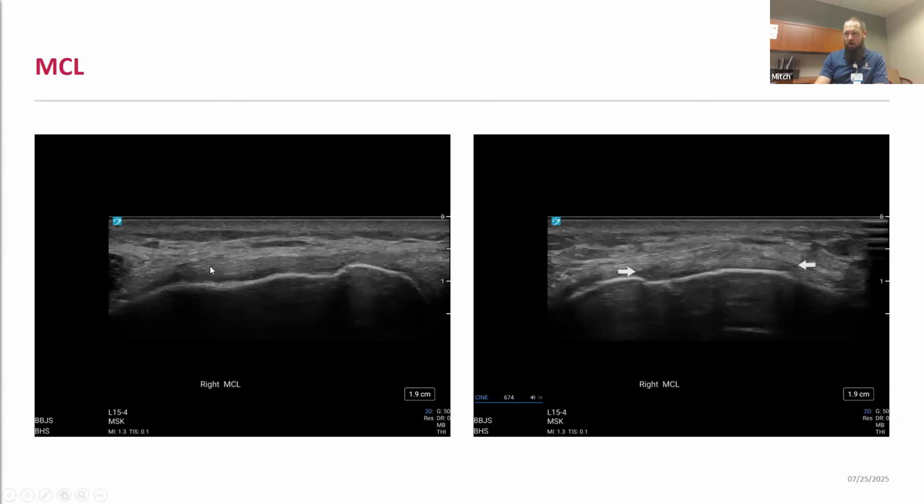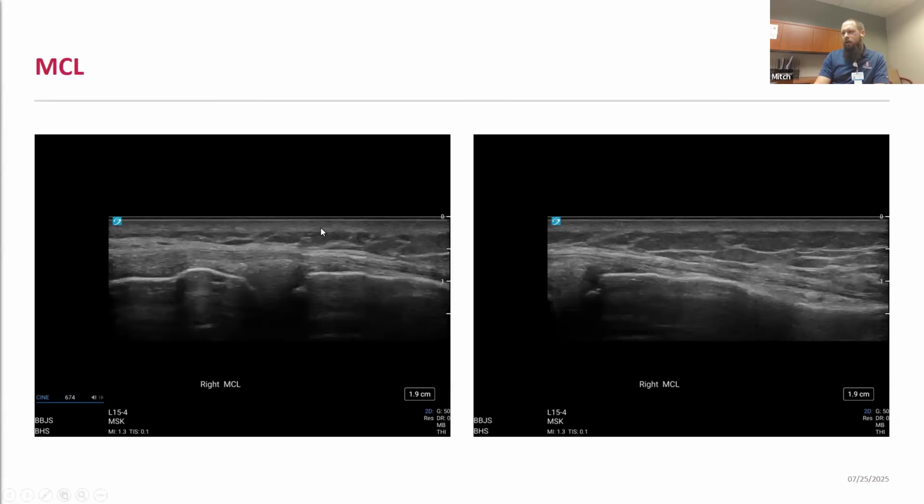Specifically, if there's been any prior history to the knee or persistent pain at the proximal MCL, you may also be looking for any proximal calcification that can be indicative of a previous MCL trauma. We refer to those calcifications as Pellegrini-Stieda lesions. And so that's something to evaluate for in these long and short axis views at the proximal MCL.